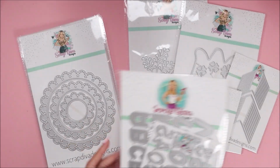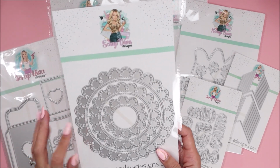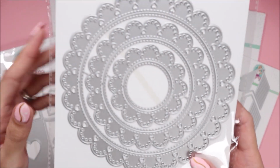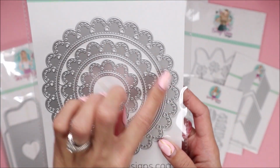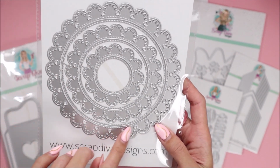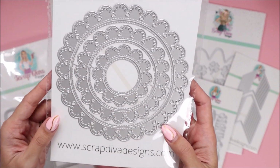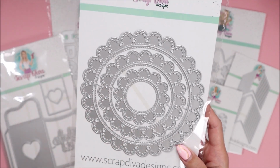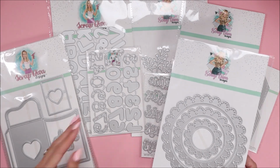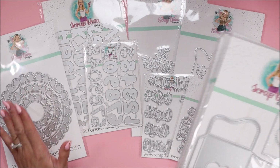So I got those. So a little bit of everything going on here. And there's this scallop heart die. Is it a frame? No. So she has a scallop circle frame, and then she even has the inner piece, so you can layer paper on top, or you can even make it a frame. So again, I already am having some ideas. I haven't been crafting, so just for my own sake, it's either for a swap or nothing else. But yeah, I cannot wait to